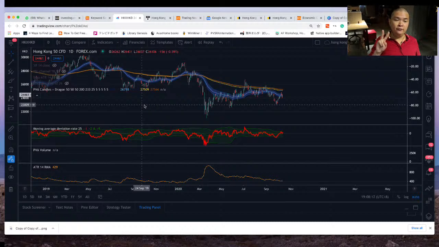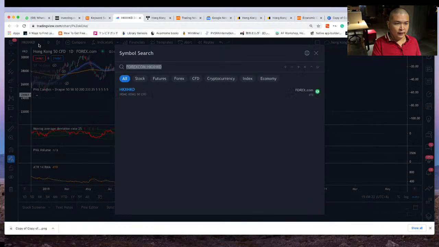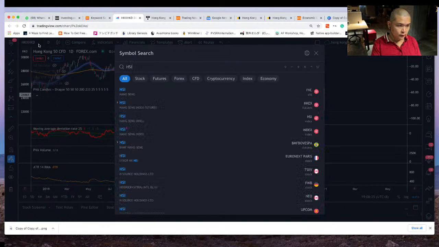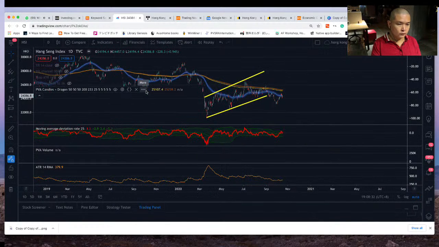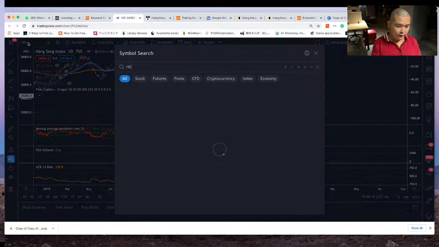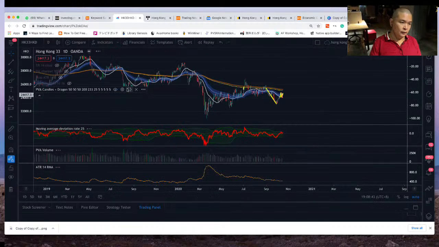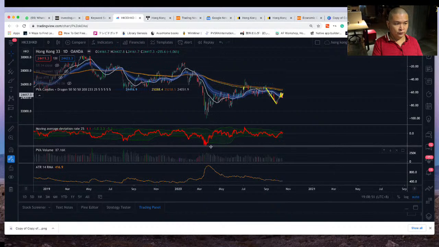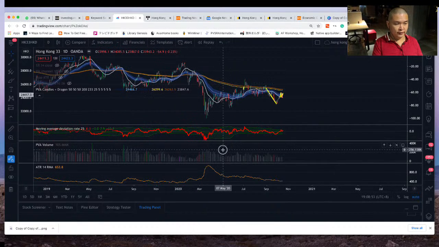Both of them follow the Hang Seng Index, okay? And why am I plotting them instead of the Hang Seng Index itself? You can also use the Hang Seng Index, but then when I use it with this indicator, the PVSRA volume indicator, it doesn't show. So that's why I like to use the HK33, because it's more or less the same value as the HSI, and it shows you the volume bars here. So you have an idea of volume and an idea of accumulation.